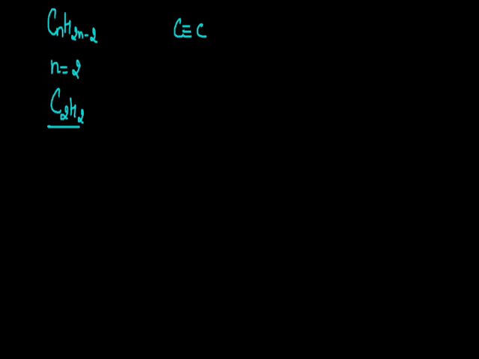Now let's start with the name of this compound. As this compound contains two carbon atoms, the word root for this compound will be "eth", and since the general formula we have followed is for alkyne, the suffix will be "ine". That is why this compound is termed ethyne. It's the chemical name of this compound. On the other hand, the common name of this compound is acetylene.